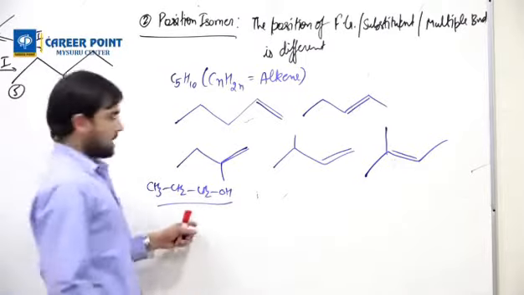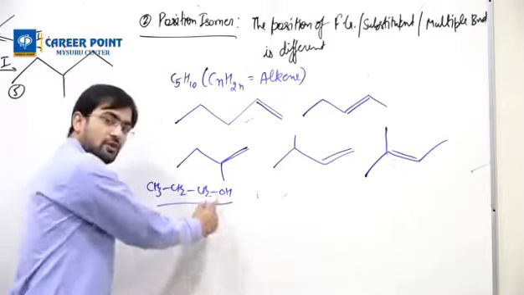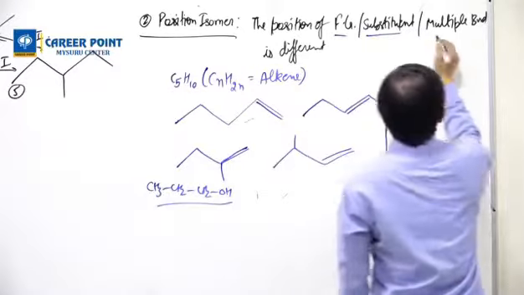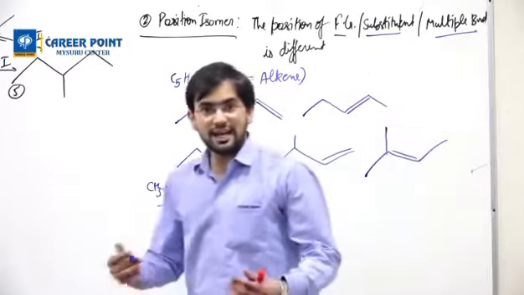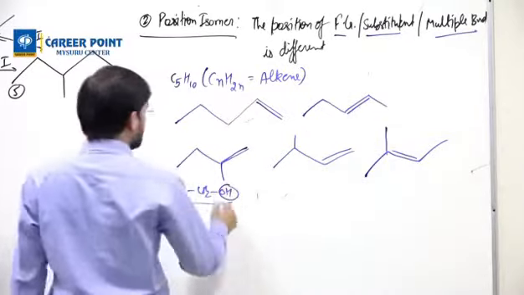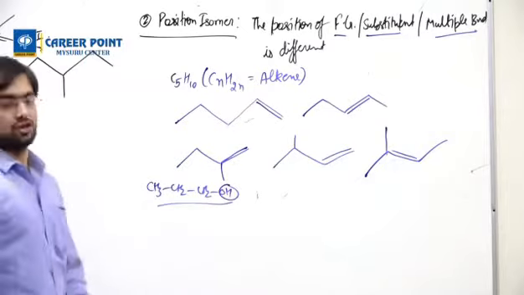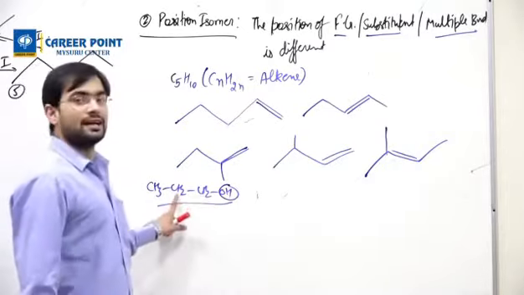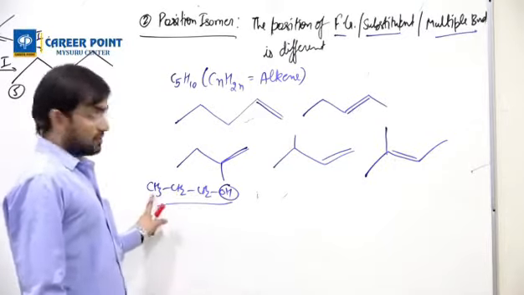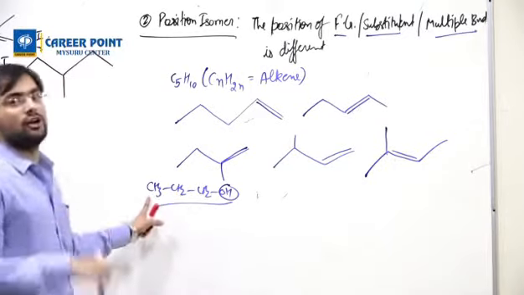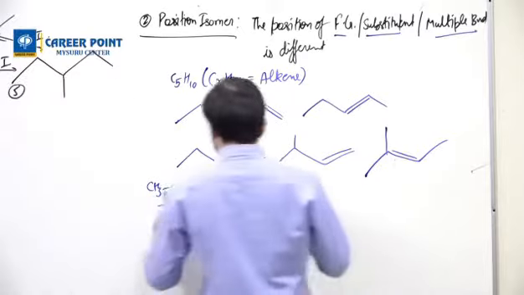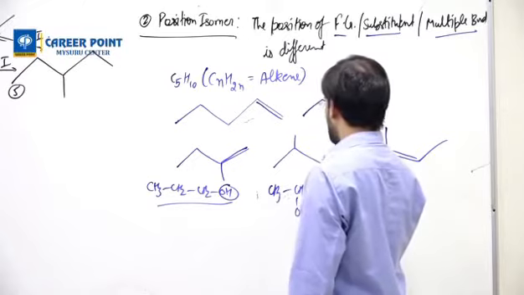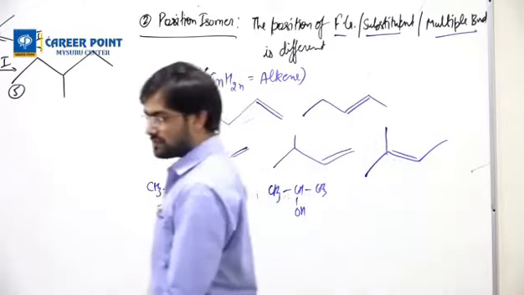So to have positional isomer, what can I do? There is an OH present here, there is a functional group. So you need to look. If they ask position isomer, you should look at functional group, substituent or multiple bond. Is there anything there? Functional group is there. So its position you should change. Right now it is at first. What you can do? Keep it at second or keep it at third. If you keep it at third, it will become first only. So another compound is keeping it at second. So CH3, CHOH, CH3. This becomes another.